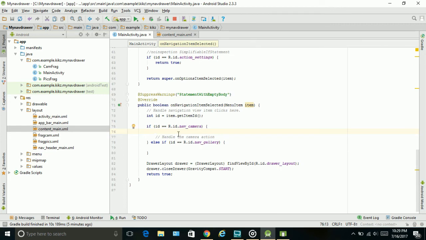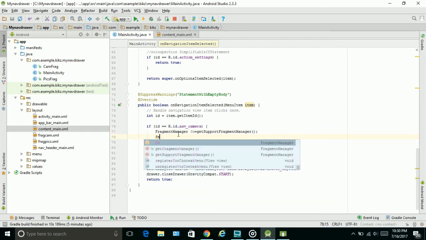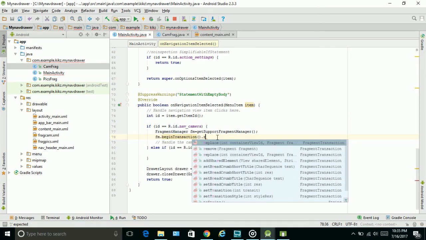Okay, so now the first thing we do is we create a fragment manager. Give it a variable, fm. I'm calling mine fm, you can call it whatever you want, and we'll say getSupportFragmentManager. Okay, the next thing, we say fm.beginTransaction().replace